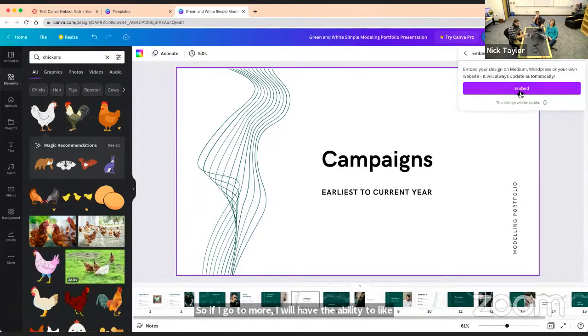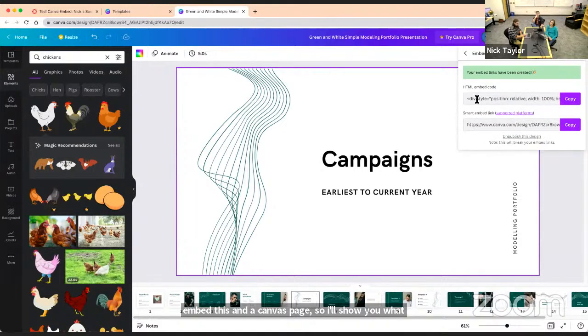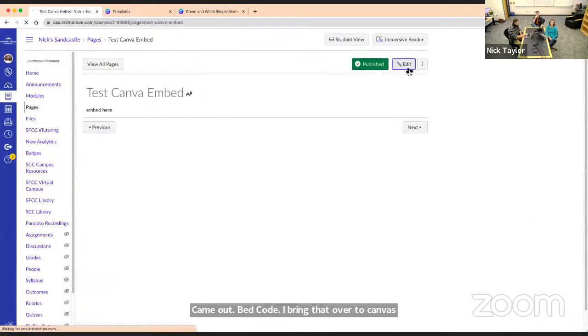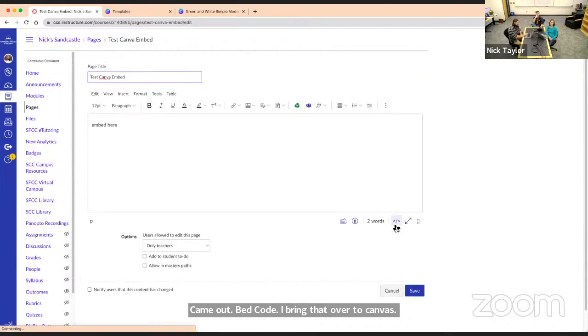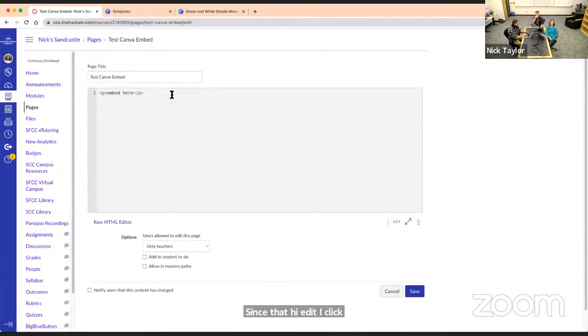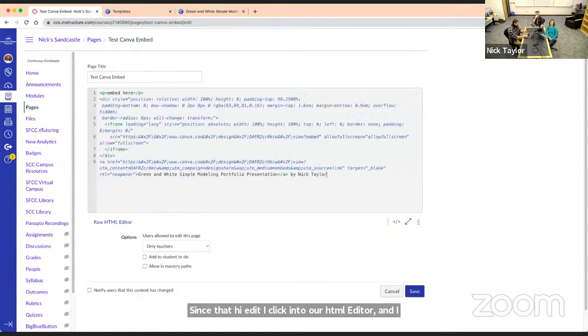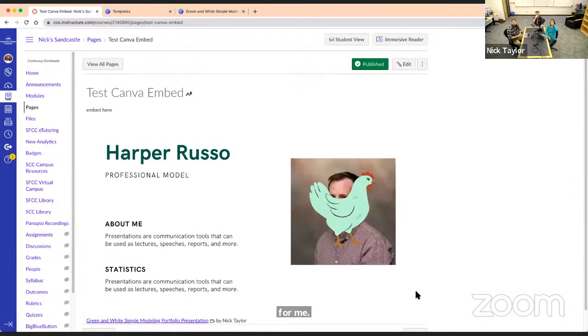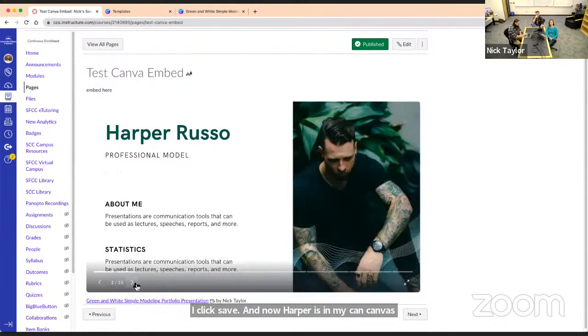If I click the embed, it's going to allow me to copy. And this is the code I want, the HTML embed code. If I bring that over to Canvas, and I edit, I click into our HTML editor and I just copy that. It's going to do all the fun work for me. I click save. And now Harper is in my Canvas page. Now with this, it also is